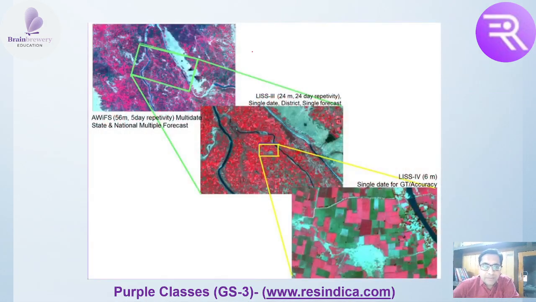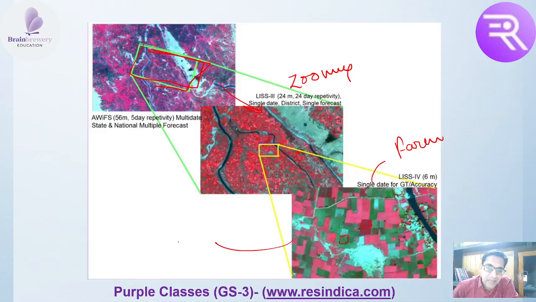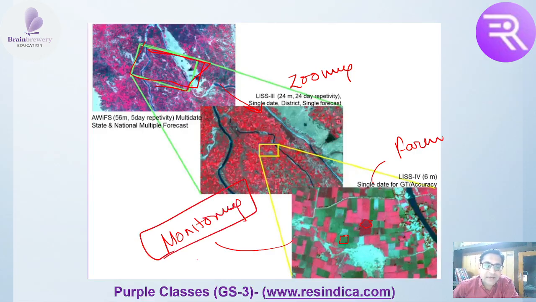Now here you can see, this is the very upper part of the picture that we have taken. Then when we start zooming in, we can simply reach up to the farm level, and we will be able to exactly find out at which places the wheat is growing and at which places the farms are simply lying vacant. So this will help in monitoring and exactly finding out what is the need of the hour, why crops are grown only on certain patches, why this is lying vacant, what is this disease that is coming in. All this data is helpful.